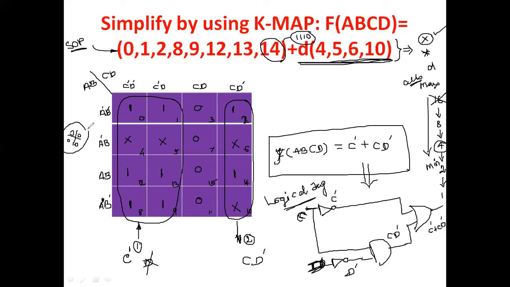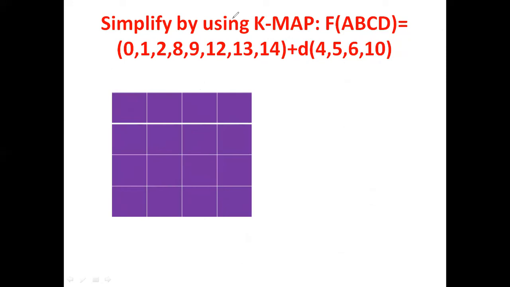What is the difference between the previous problem and this problem? Only one difference. In the previous problem, this part, that means the don't care term, is not given. So here it is given. So what we have to do, if needed, you can add it for the grouping. If not necessary, you can leave it. So these two groupings are necessary in this particular problem. So I included them in the grouping. Finally, I'm taking the common variable outside. So this is the final output. Okay. So the second method of Karnaugh map reduction for four variable Karnaugh map is over.